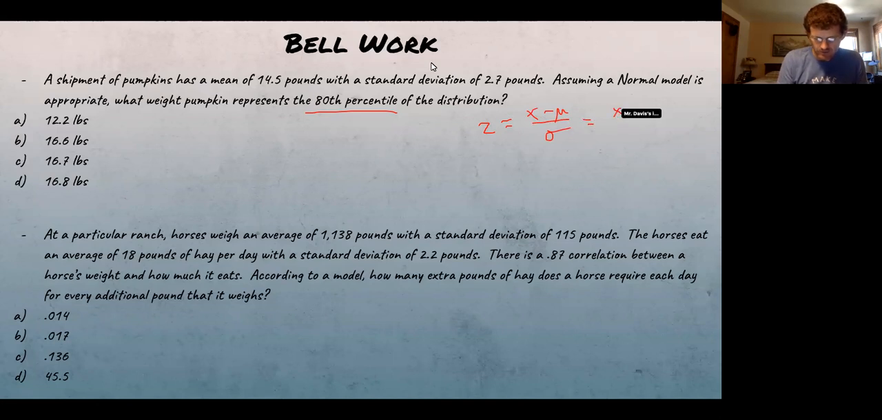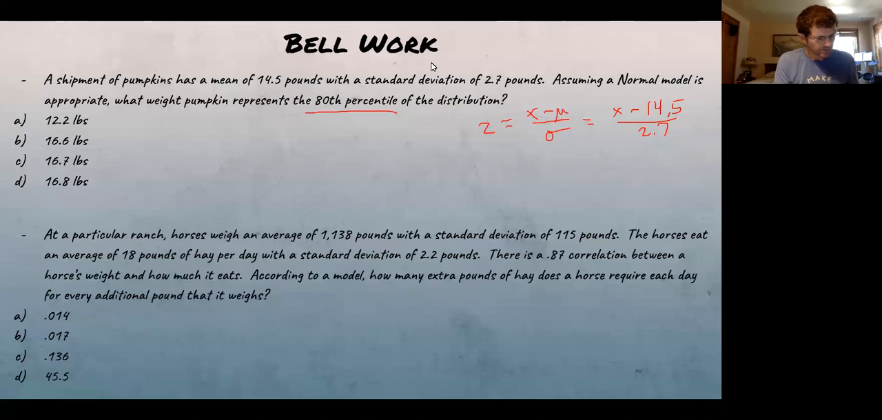Actually, I'm going to do this. Well, anyways, I'll just do it right here. The mean is 14.5, and the standard deviation is 2.7. So basically, I need to figure out what the z-score is. My calculator tells me that. You just do inverse norm,